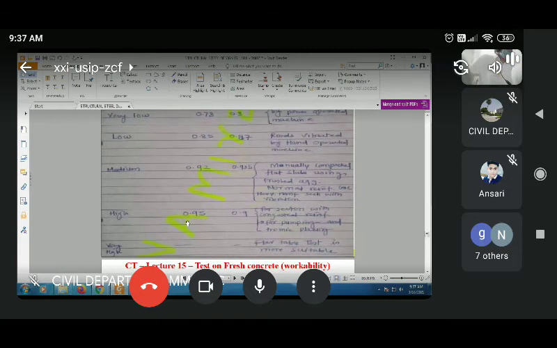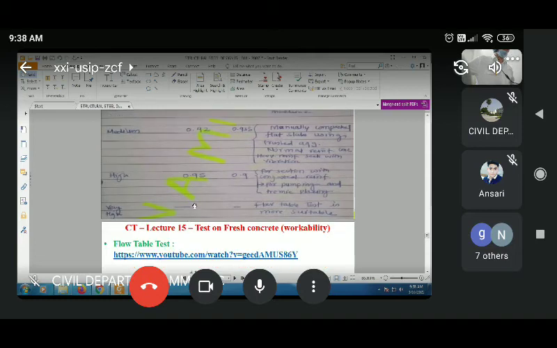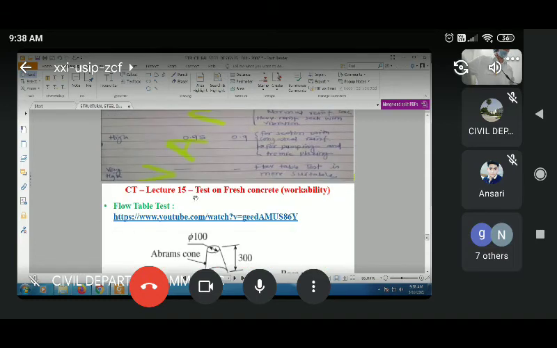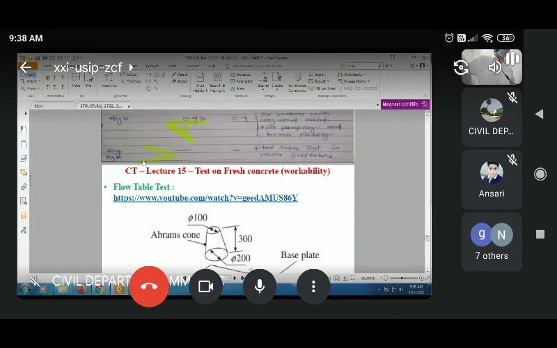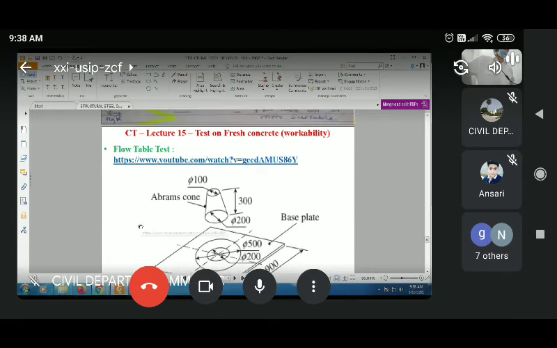And for sections with congested reinforcement, we go for this compaction factor value and high degree of workability, and for pumping and tremie concrete also we go for this. Then we will see the flow test. If very lean concrete is there, the flow test has